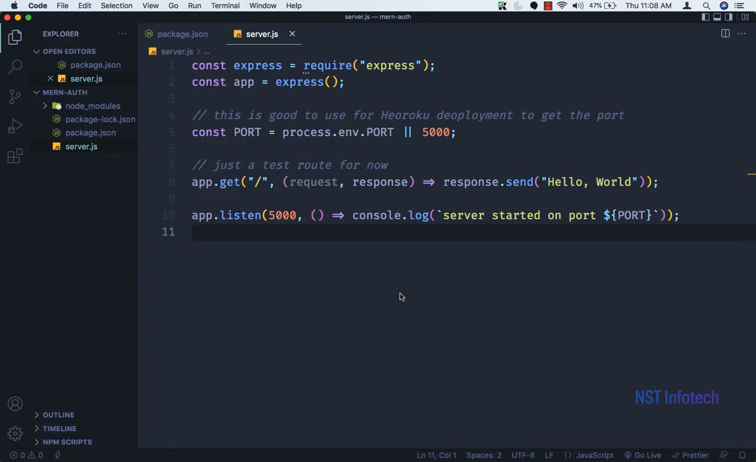Hello friends, welcome back. In this video, we will connect MongoDB Atlas to our application, and we will also see how to handle errors. So first of all, we need to create a folder in the root directory. I will create a folder with the name config, and inside I'll create a new file with the name